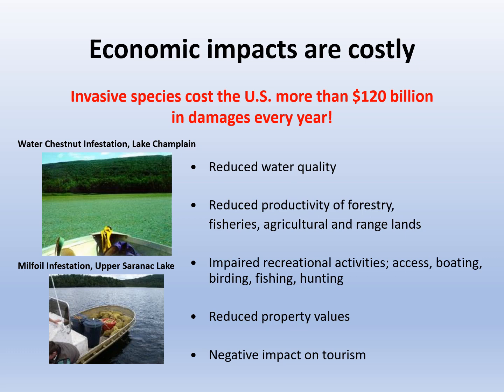Economic impacts are really significant. The last analysis showed that we were spending over 120 billion in damages every year. We want to think about locally again, investing in water chestnut management every year, $500,000. We have reduced water quality from invasive species. If you think about forest pests and pathogens and other impacts, really costly